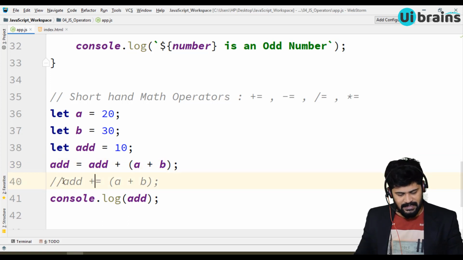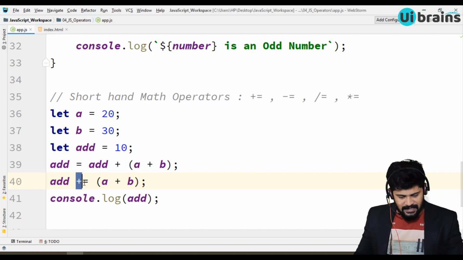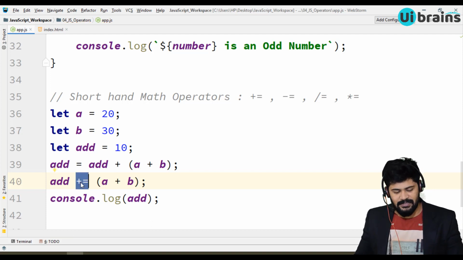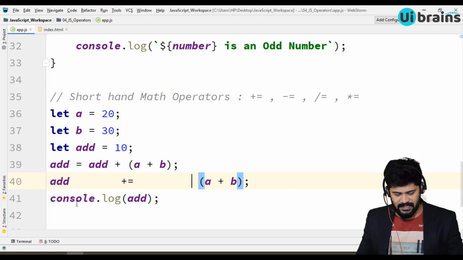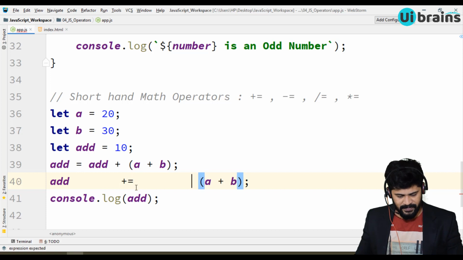One more thing is, you never ever make a space between them. If you give a space, you get an error, because both together are one operator. So you may give a space here or here, but never give a space between them, because both together are one operator, so never divide them.